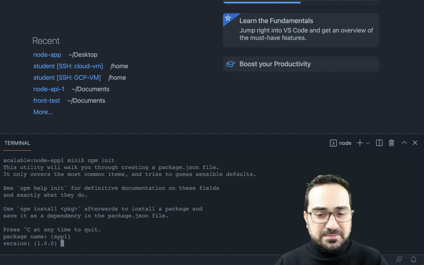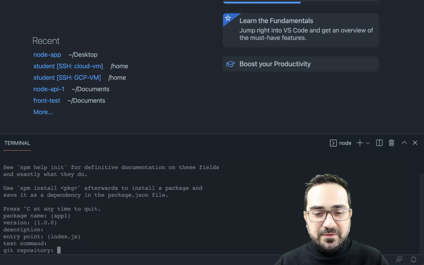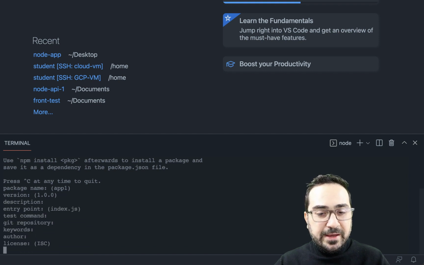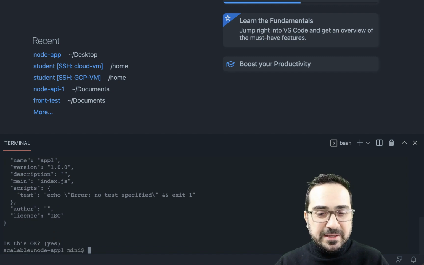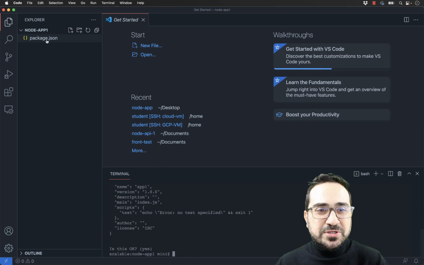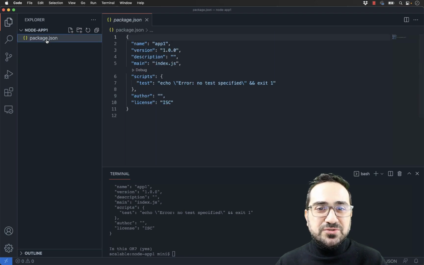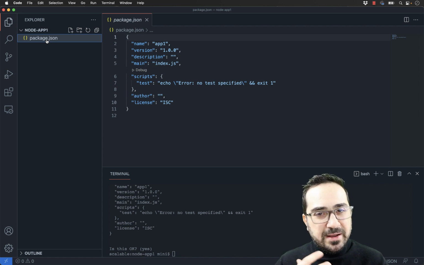You don't have to type one, just press enter, then version, description. I just press enter until I see, is this okay? I just press enter, I don't have to type yes, that's fine. The moment I see this, I can also see that there is a package.json file. This is a small configuration file that we will use, and we'll slowly learn how we can customize it.